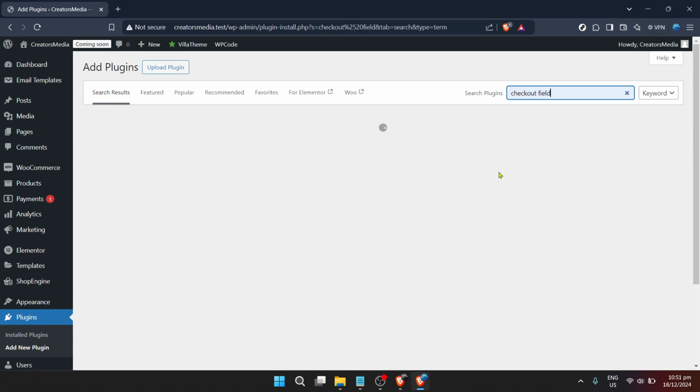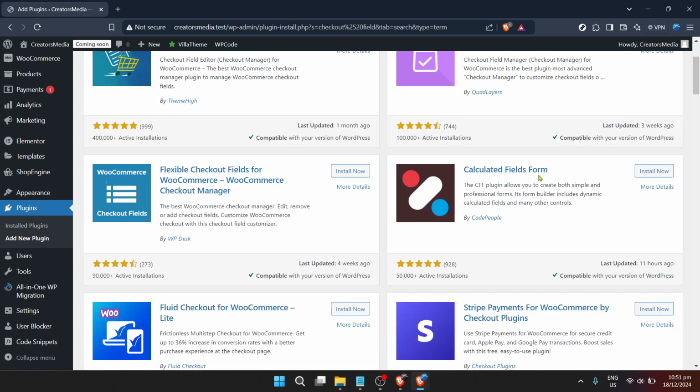At this point, you might wonder how to find the needle in the haystack, that perfect plugin among thousands. You'll be using the search function. Type checkout field into the search bar. This specific term is your golden ticket, guiding you directly to the plugins that will allow you to edit WooCommerce billing fields seamlessly. After hitting enter or clicking the search icon, you'll see a variety of plugins appear.